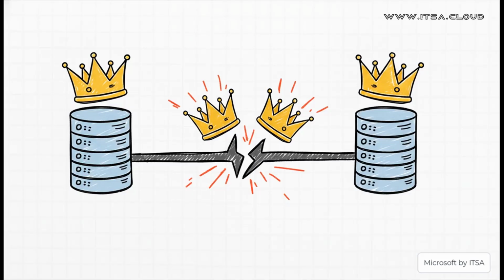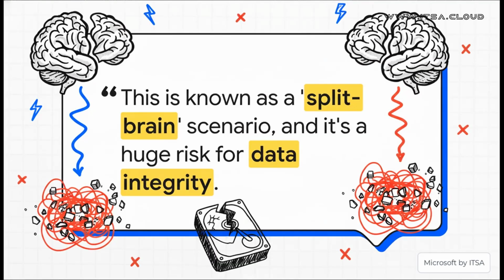And right here, this brings us to a huge, huge potential problem. What happens if the network connection between your two sites gets cut? How does Site A know if Site B is actually down, or if it just can't talk to it anymore? What's to stop them both from trying to be the boss? Yeah, this is what's known as a split brain scenario. And let me tell you, it is the absolute nightmare for anyone managing a cluster. If both sites think they're in charge and start writing data independently, you get chaos. You get data corruption. It totally defeats the purpose of the whole system.